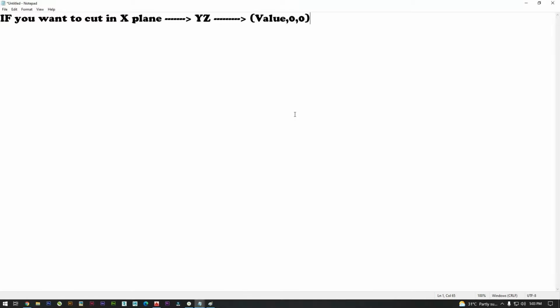Same thing. If you want to cut in the Y plane, we have to specify 0, comma value, comma 0. Same concept.